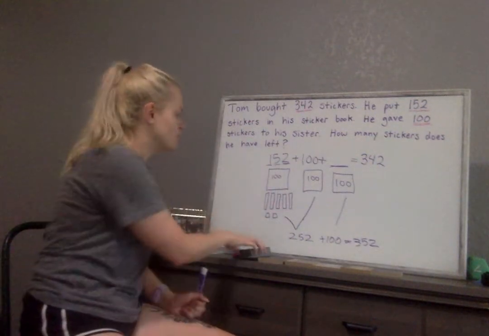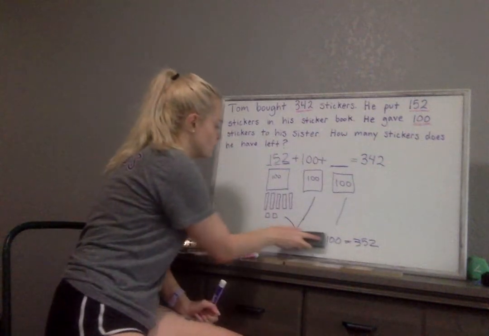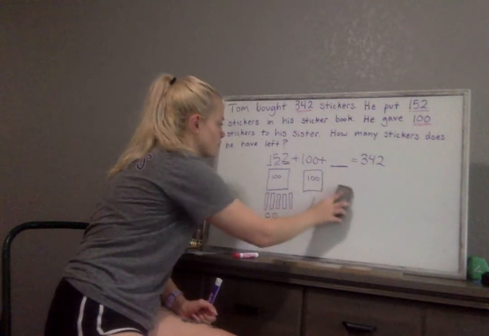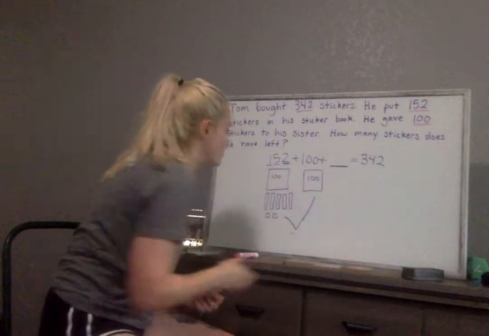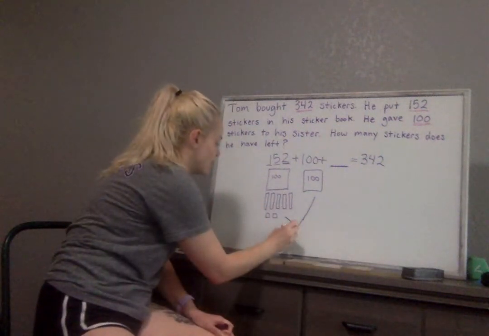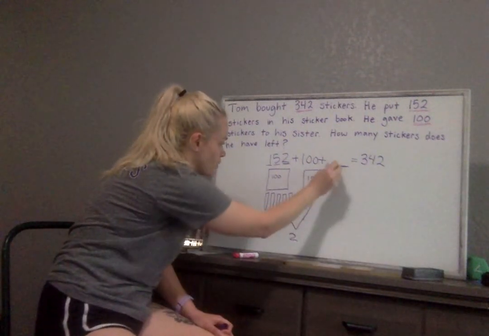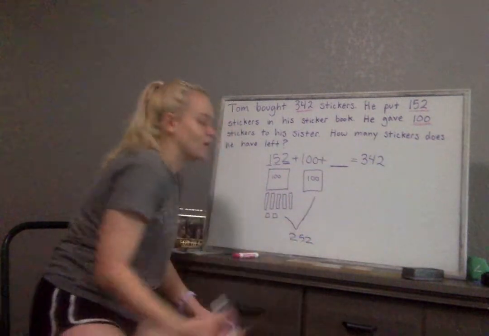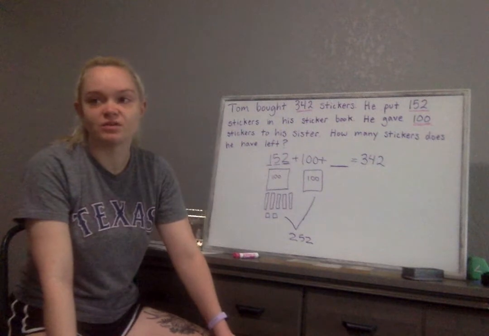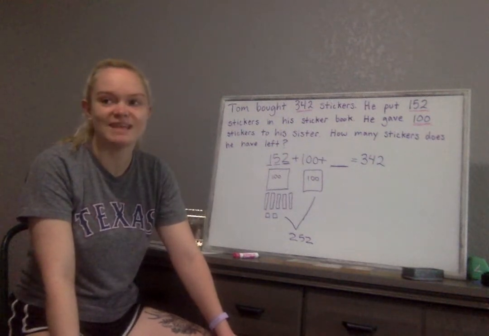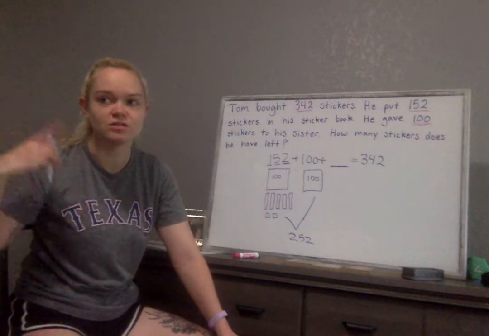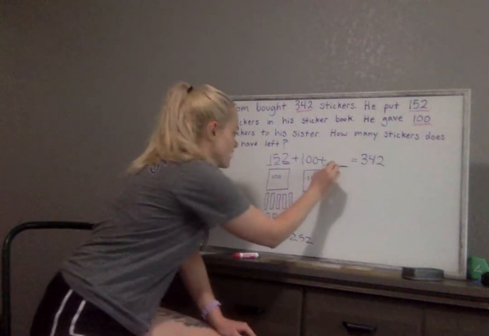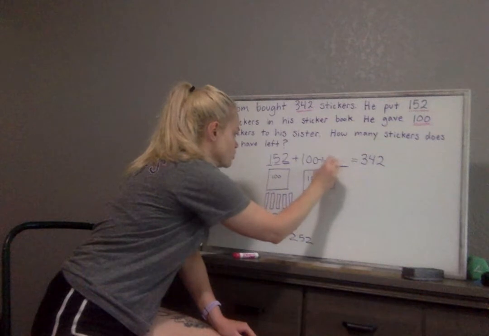So I know I can't put a hundreds block there, okay? Oh, I didn't mean to erase that part. Okay, so I know that it can't be 100. It's going to be less than 100 going in this blank that we're missing, okay? So I'm just going to start counting with tens to figure this out, okay? So I'm going to draw my tens and count on. So y'all kind of count on to yourselves, counting by tens from 252, okay? So if I add another 10, that's going to be 262,